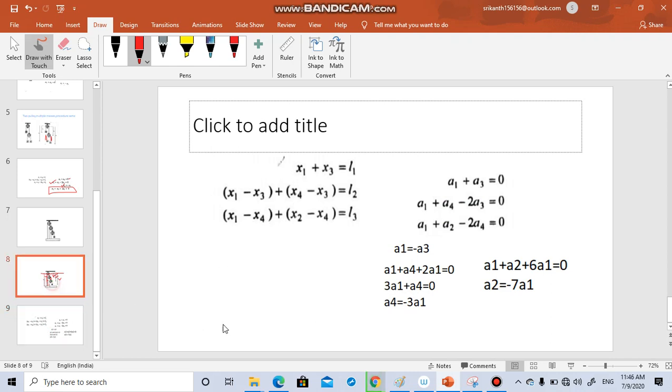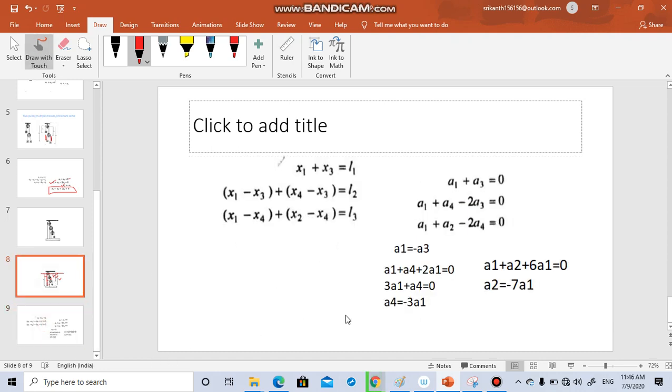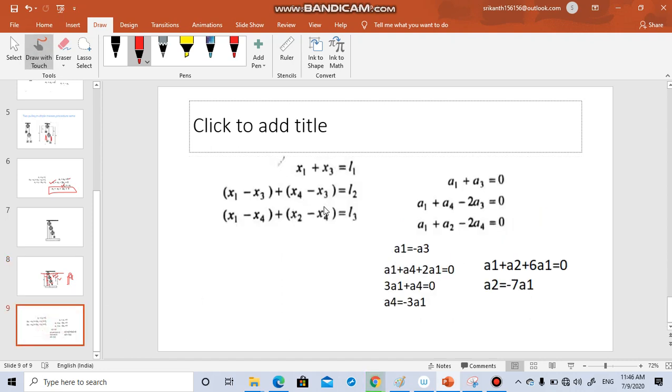x1 minus x4, you are going to get this length, and x2 minus x4, you are going to get this length. Basically whenever you have a pulley like this, you write this length and you write this length, you are ignoring the small portion. So this is what you have got. If you differentiate it twice, you are going to get a1 plus a3 is equal to 0, and if you simplify this,